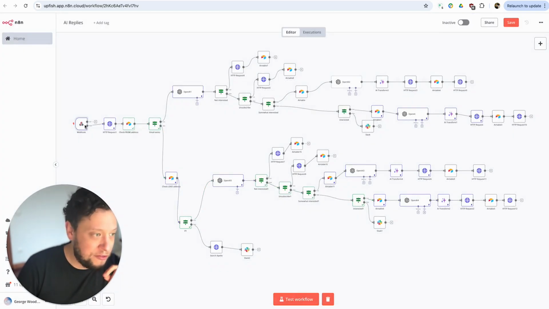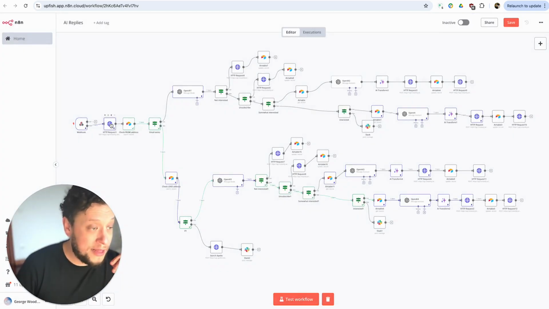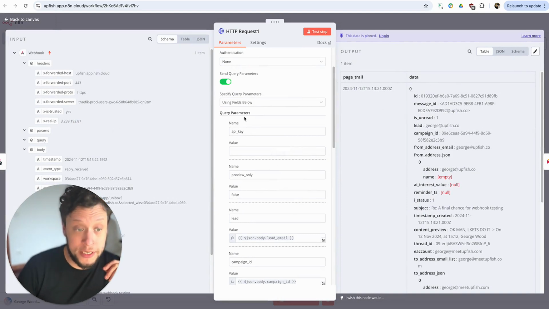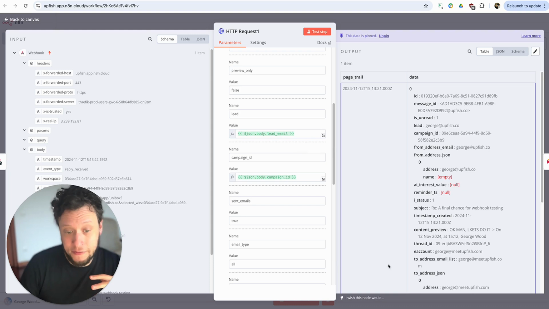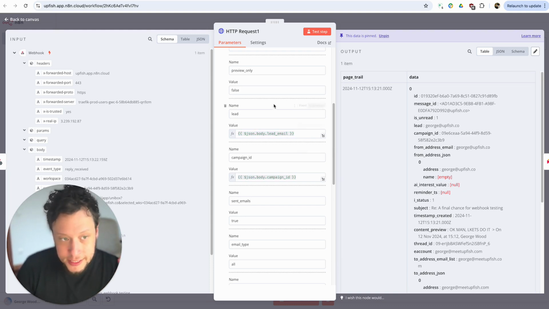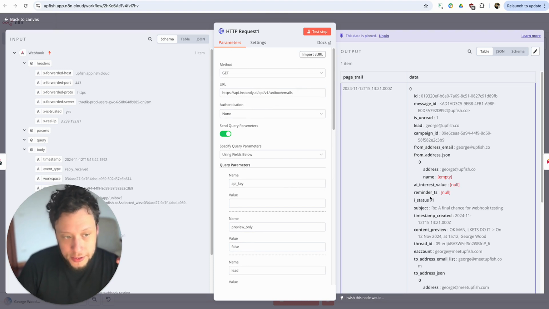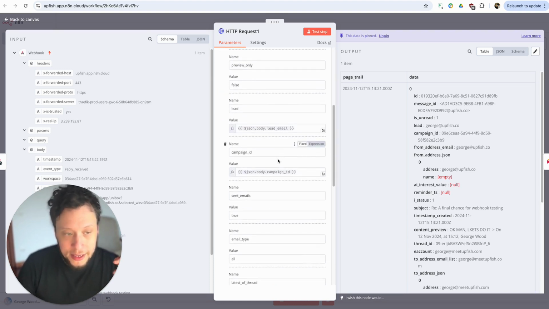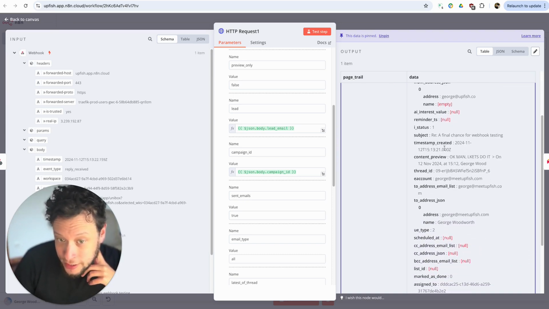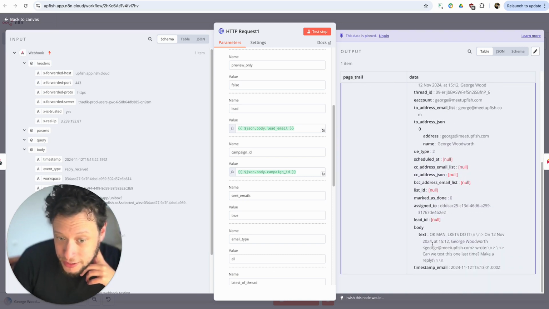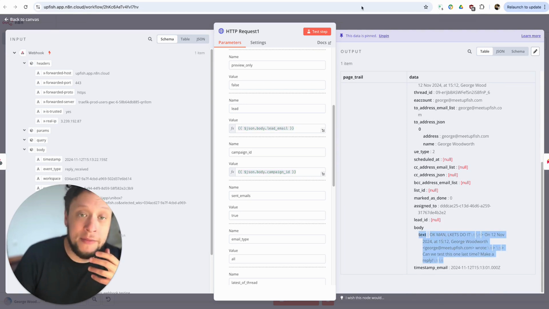And once we have that information, we can make another call to Instantly, basically to their Unibox, to get the exact information of the email. So here, I had a bunch of stuff in the webhook, but this call here to Unibox, obviously fill in your own API key, using the lead and the campaign ID, we get a little bit more data on what's going on here, which we can then use,